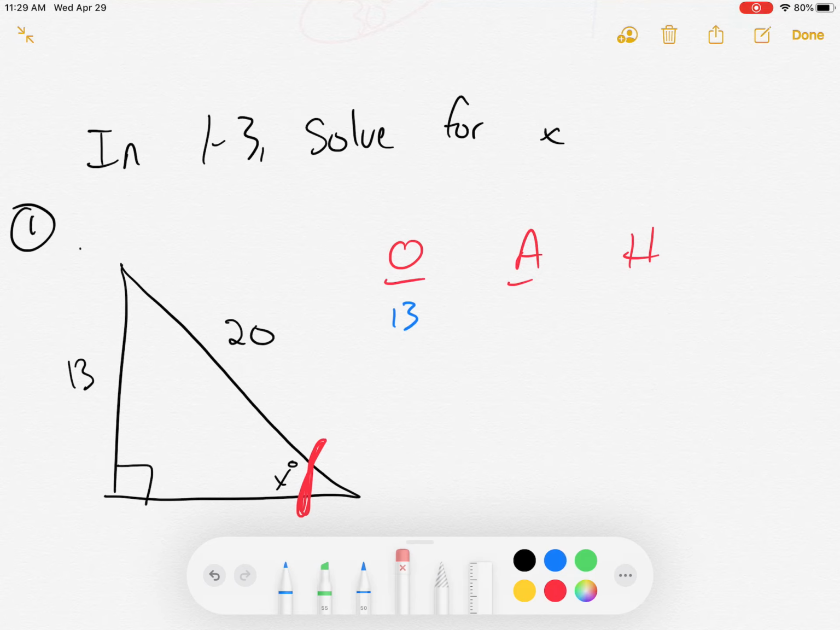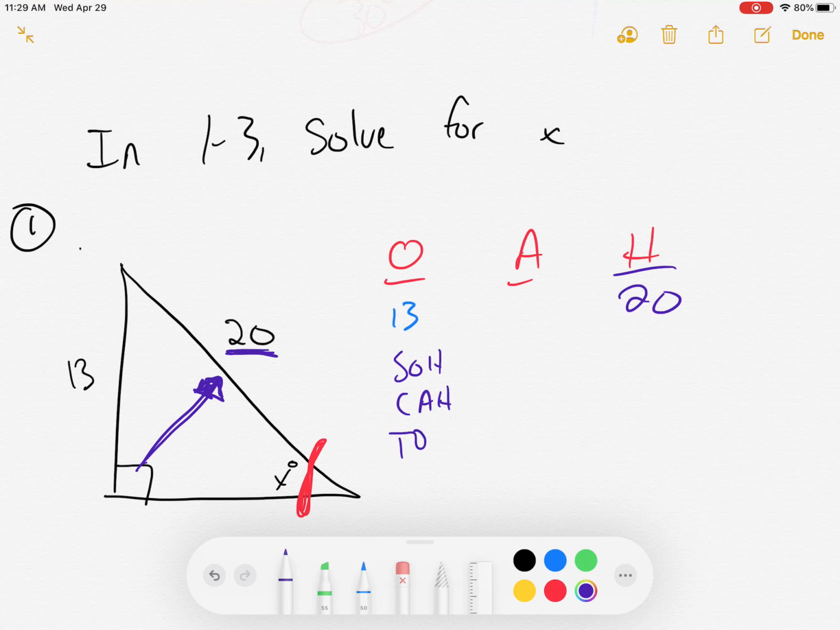Oh boy, 13. Now 30 is across in the... oh boy, I'm struggling, people. 30 is across, there we go. That's a 20, not even a 30. 20 is across from the right angle, so that makes 20 my hypotenuse. Okay, so